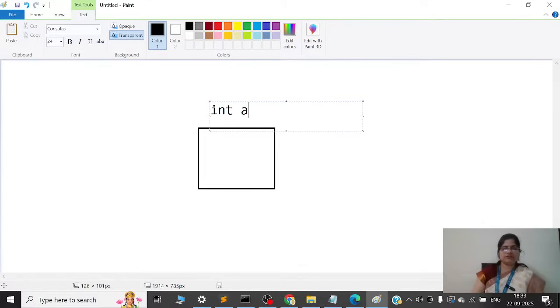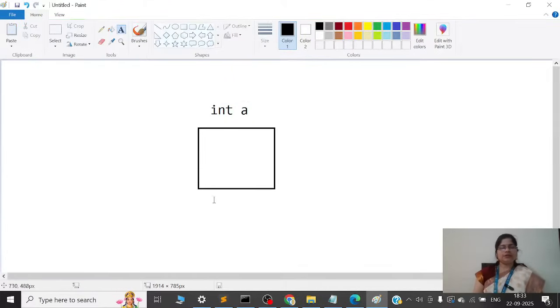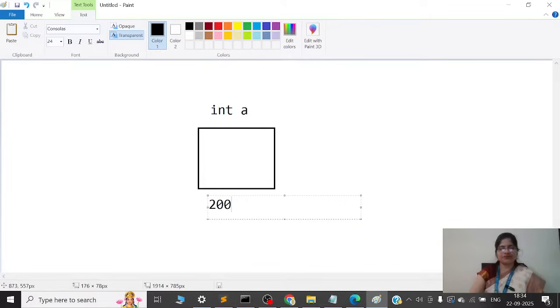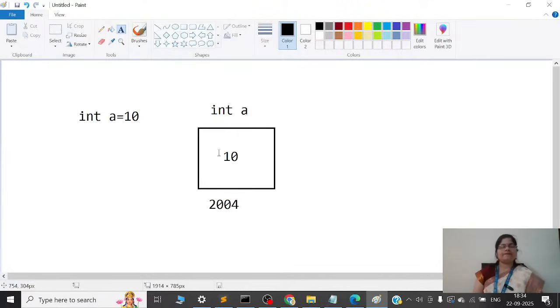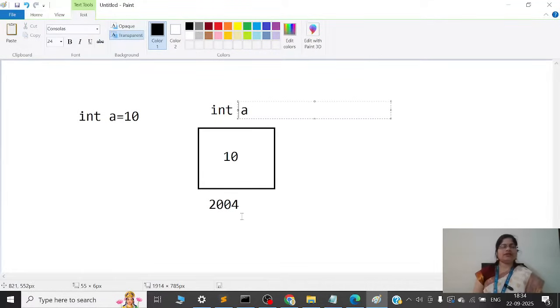See, this is a memory. It will have some memory address and it will hold some value. So if you are writing int a equal to 10, then this 10 is the value inside this variable a with this memory address.